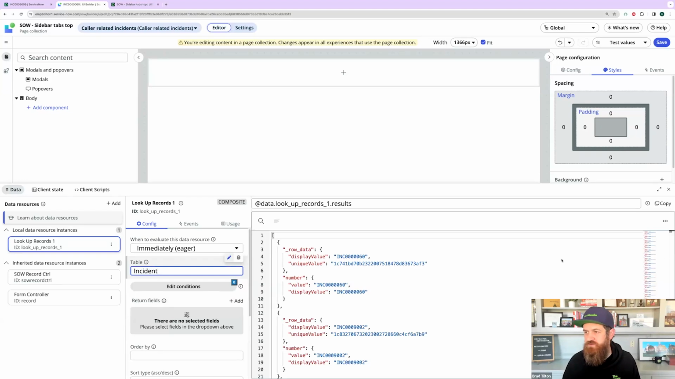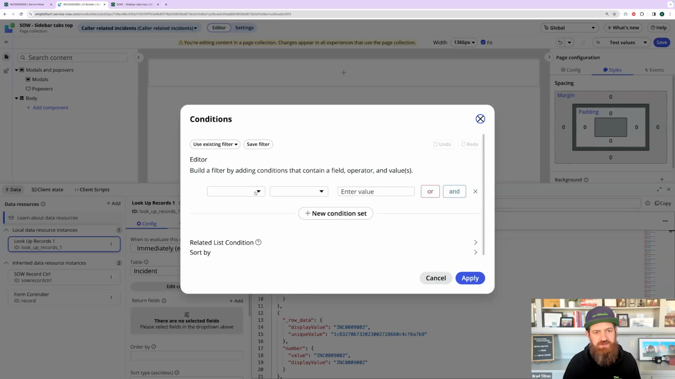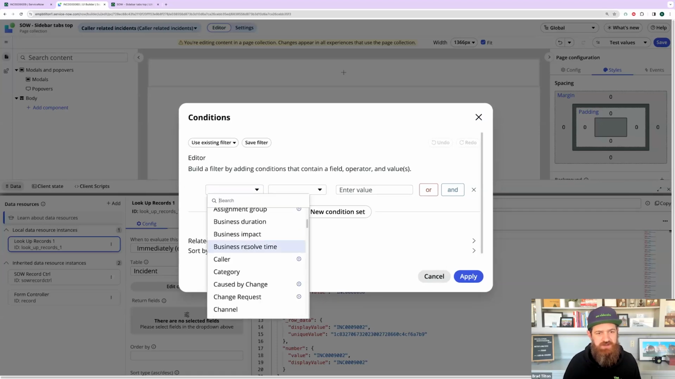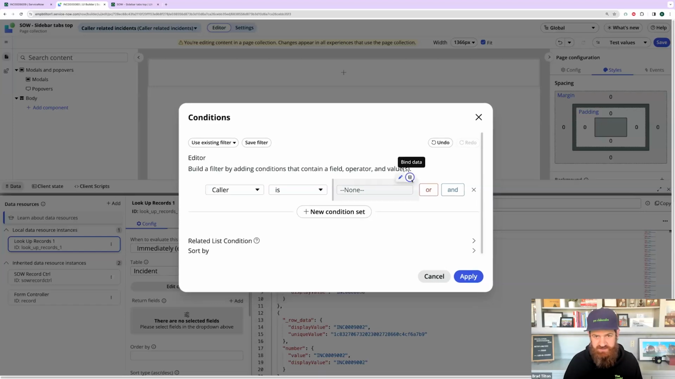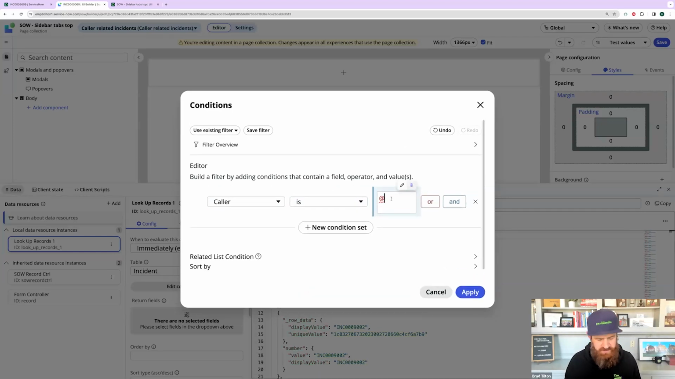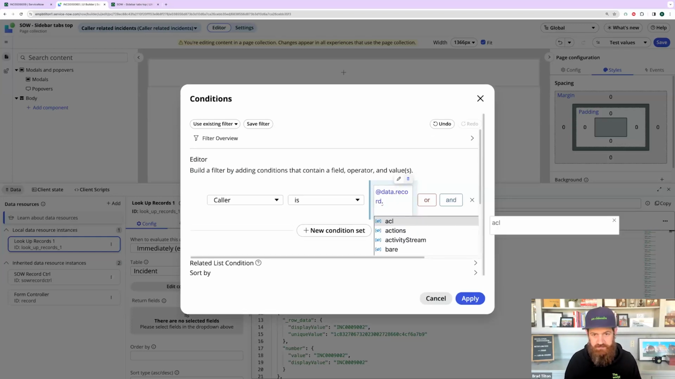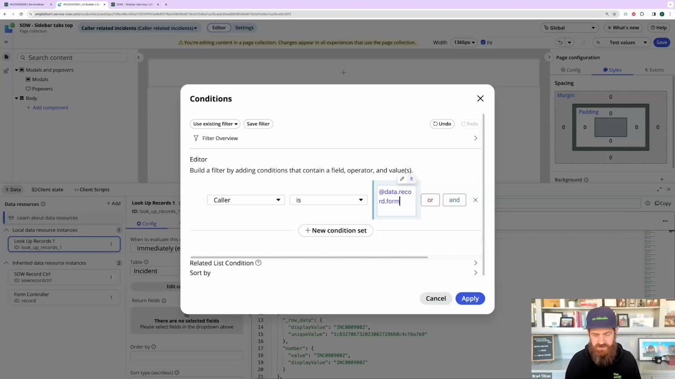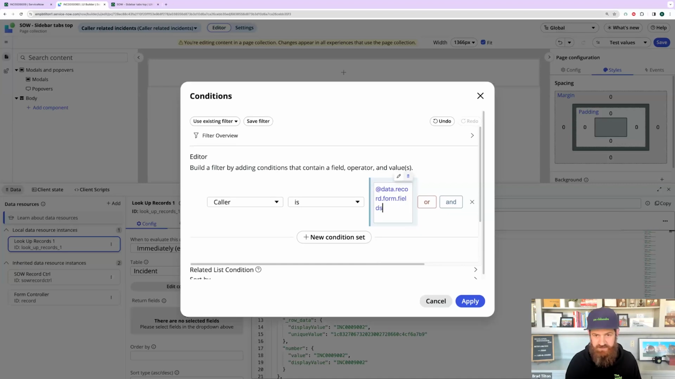And what I want to do is find any other incidents from the same caller. So I'm going to say caller is, and then I'm going to switch to data binding here. And we're going to go data record, right? So this is the parent page's record controller. And I think I want form dot fields